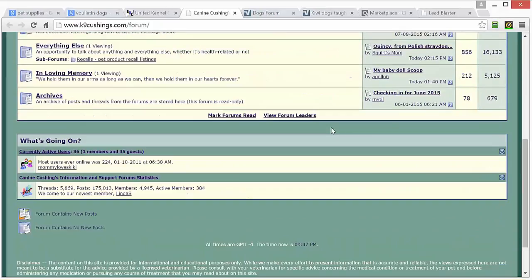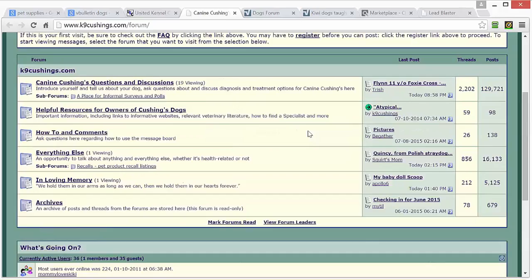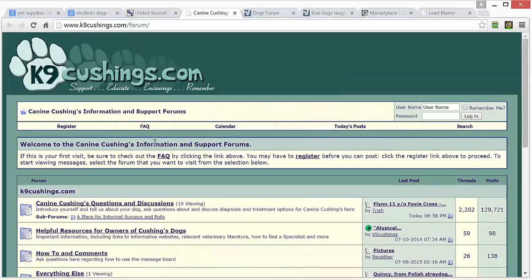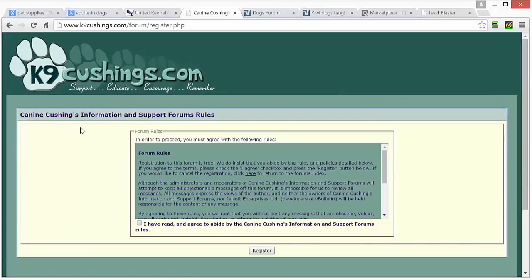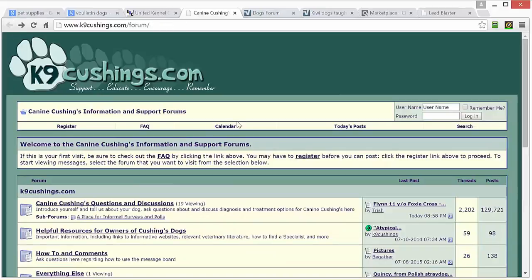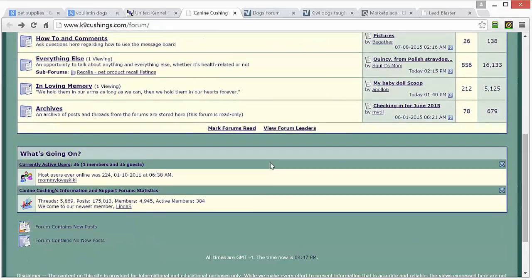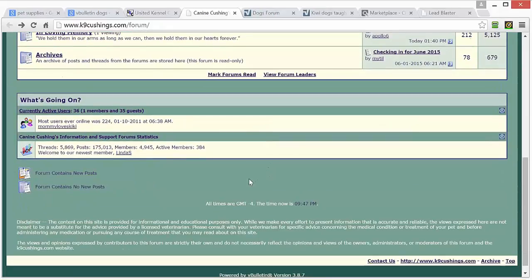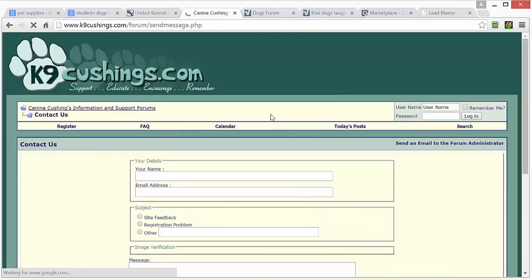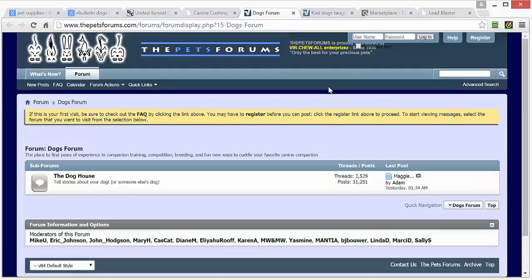So let's see, how would you contact people who run this? Let's see here. Maybe under register. No. Say search. I'm not sure with this one. Oh, here we go. Contact us at the bottom. Okay, this one. Let's see here. Quick links. Maybe under register.